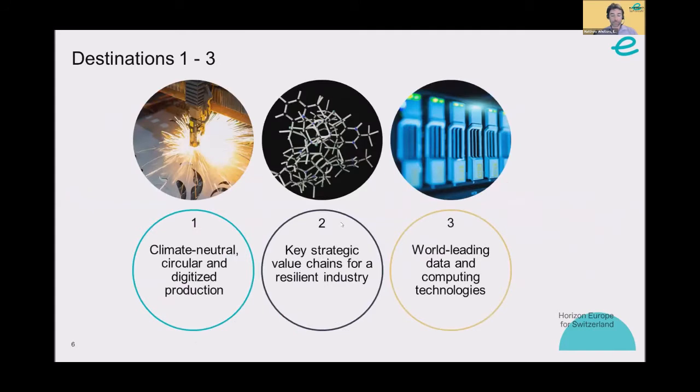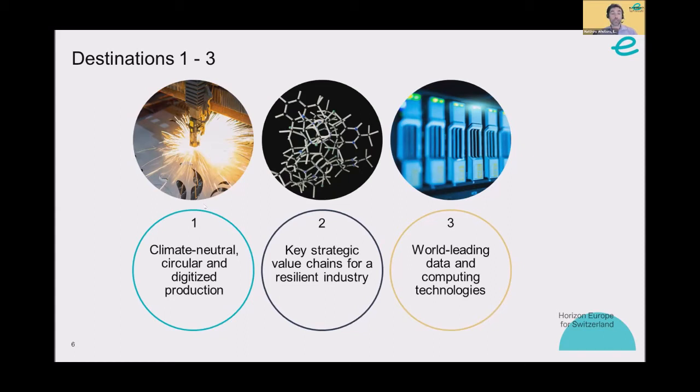Now let's go a little bit in the details to the scope of Cluster 4. As for the other clusters, the whole work scope is divided in chapters, we could say. They're called destinations, but effectively they are subsections, they are chapters of the overall work. And they're organized by, let's say, themes, more or less. In case of Cluster 4, 2 of these destinations relate more or less to industry, 3 of them to the digital part, and there is 1 which is related to space. So we'll now take you through each one of them briefly to describe what content is in each of them.